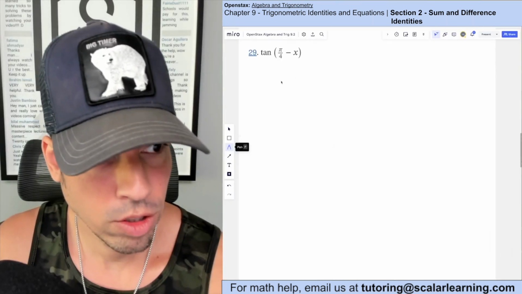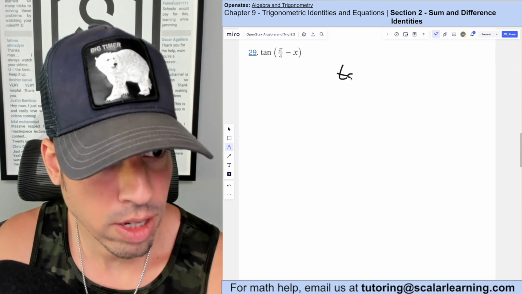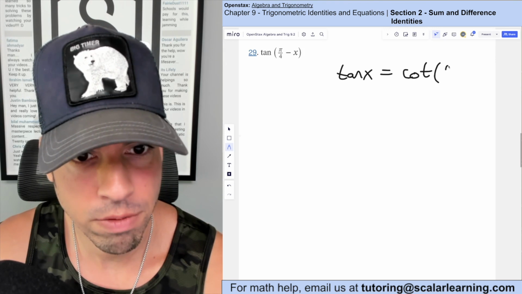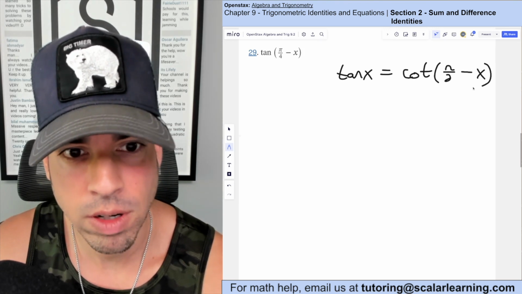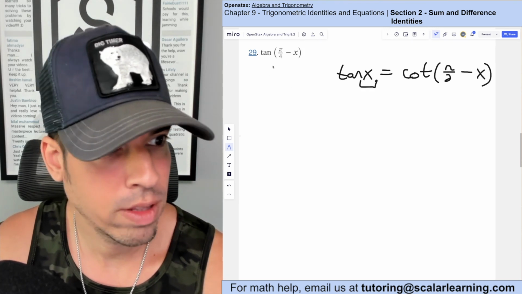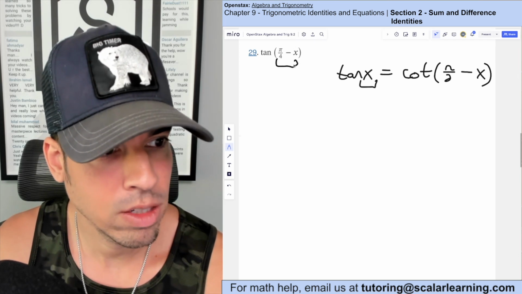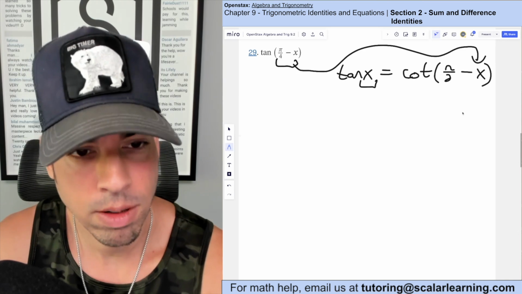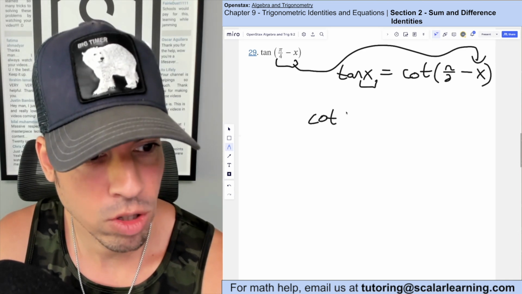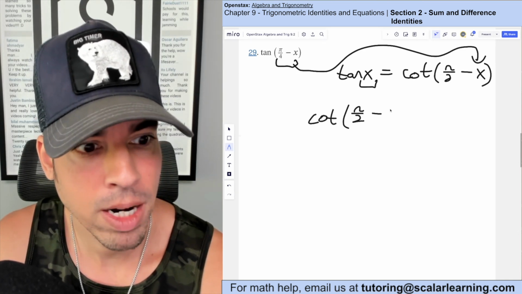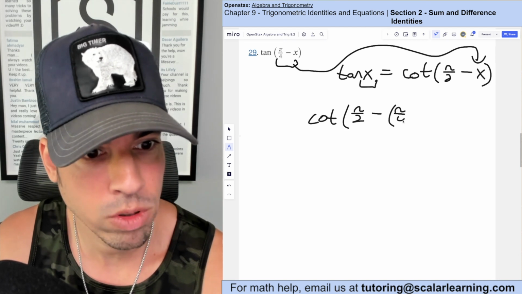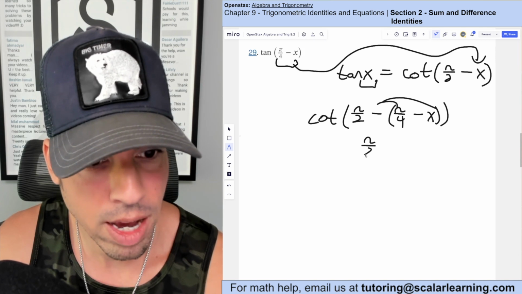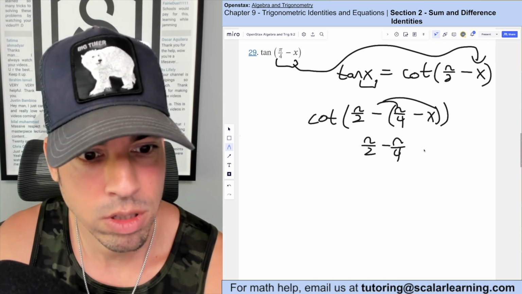Done. Here we're going to use our cofunction identities, which states that tangent of x is equivalent to cotangent of pi halves minus x, all right? So in this case, x here, that's this, right? So if I take this argument and I plug it in for this over here, I'm going to get an equivalent expression. So this would be the same as cotangent of pi halves minus, and then it's this whole thing, pi fourths minus x. So let's distribute that negative, and then we get pi halves minus pi fourths plus x,